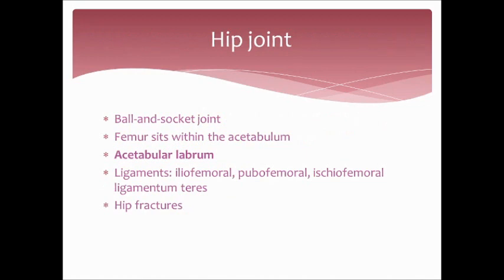Next is the hip joint. The hip joint's another of your ball and socket joints. That's because the femur sits within a socket, which is the acetabulum. The hip has a labrum as well, called the acetabular labrum, which helps to increase the surface area of the joint. The ligaments included in the hip joint are the iliofemoral, pubofemoral, ischiofemoral, and ligamentum teres, which actually comes off of the tip of the head of the